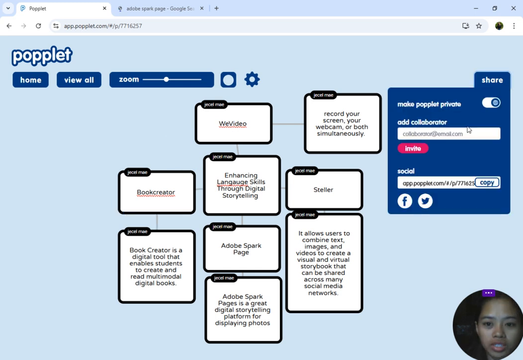Again, we can share this and we can make it Padlet private or public. Okay, that would be all. Thank you so much for listening.